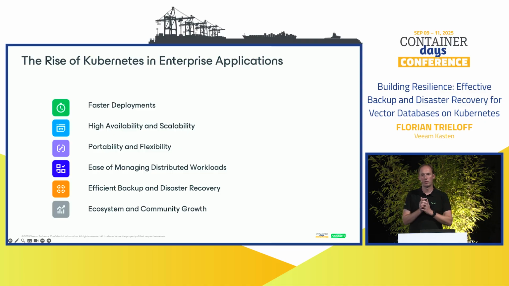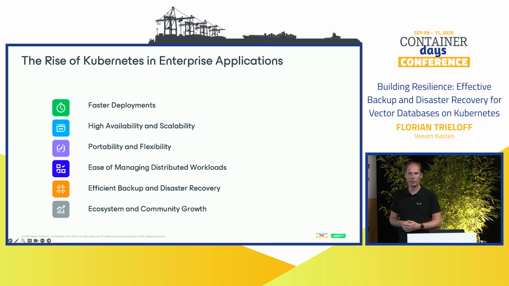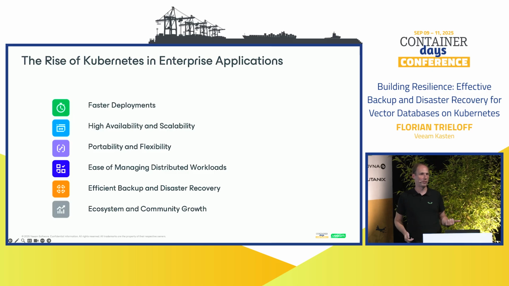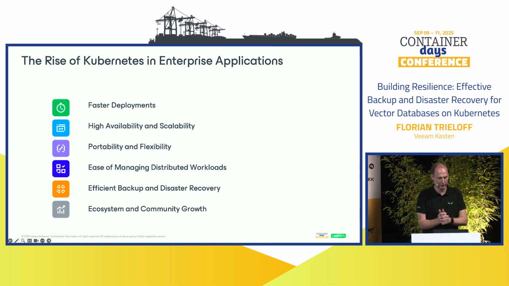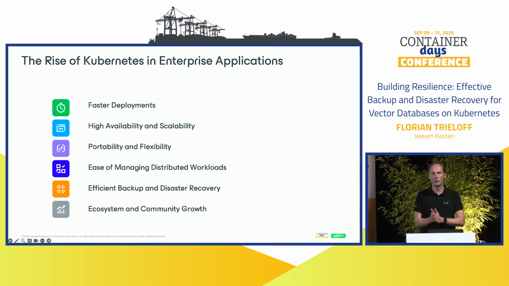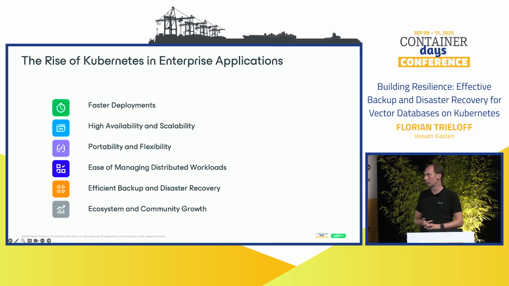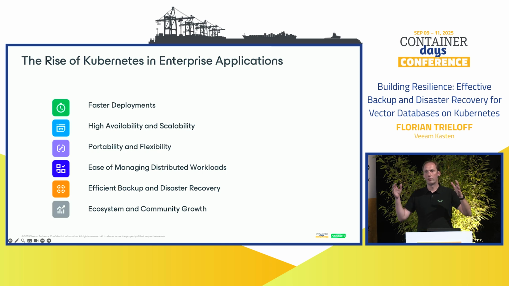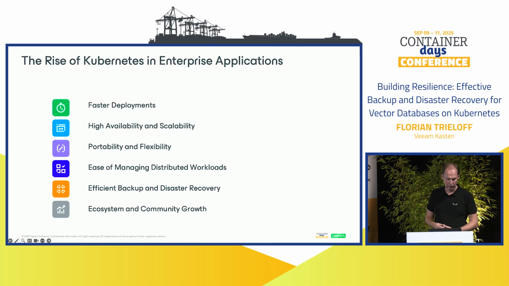So why Kubernetes? Because AI on Kubernetes is maybe a little bit special: it is a real-life example of how to use the full bandwidth of Kubernetes deployments. Faster deployments, I think that's clear, I don't have to go into detail here. High availability and scalability: we heard a lot today, and will also in the next days, about how such an environment will scale. And this solves one important topic I mentioned before, that it will be used in different ways during the day and during the weeks.